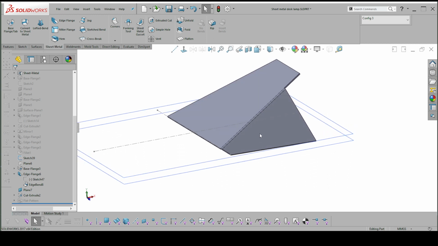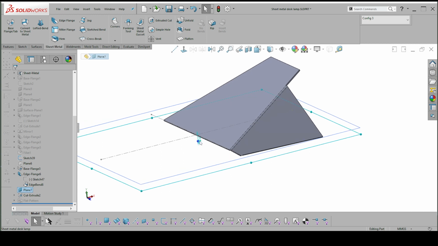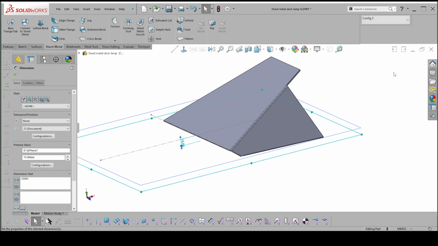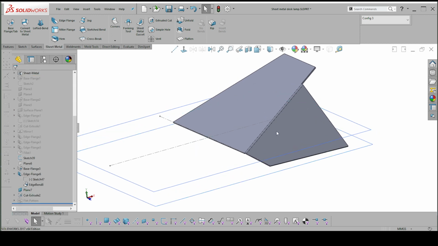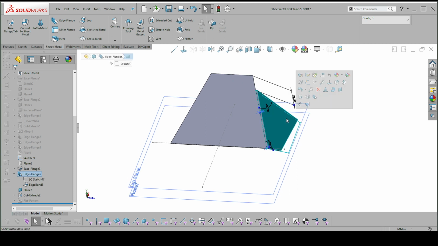What I can do from here is if I want, let's say I want that, I can use this plane to now drag this down. Let's make that 15 or something and then update it. So that's just altering what I've got. Okay. Now I'm going to just